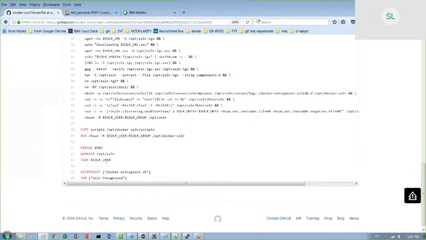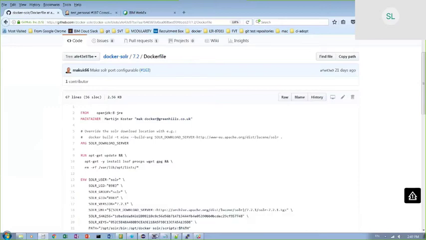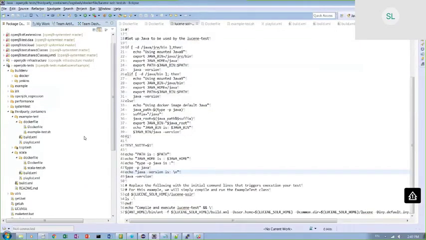And these are very useful information when we try to actually create a Docker image, a Docker file for our tests. So that gives us the basic background, and then we can directly jump into